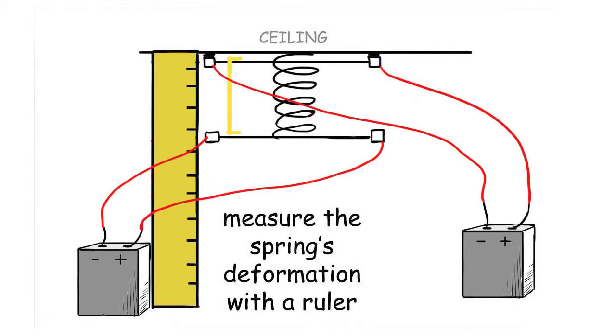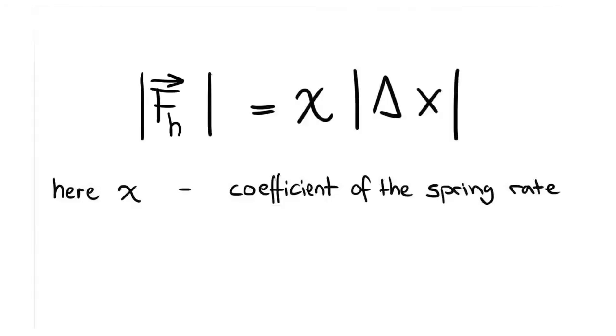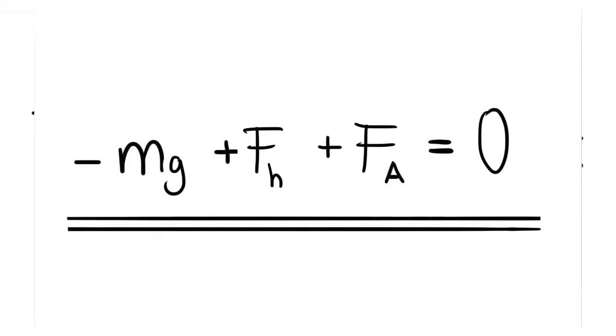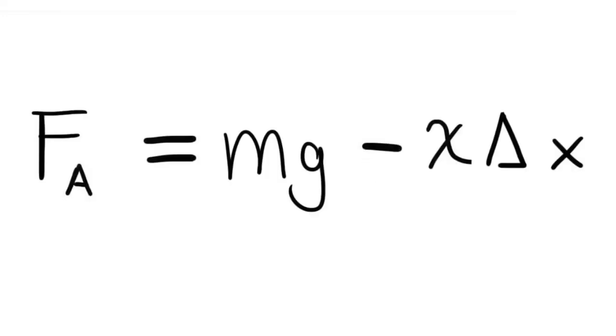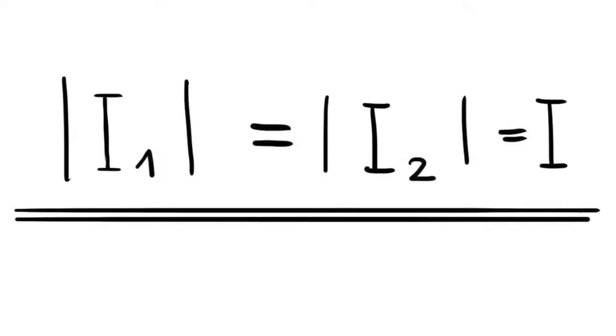The formula for the modulus of Hooke's force with spring deformation, here chi is the coefficient of the spring rate. Project onto axis OX the vector equation of equilibrium. Hence, it appears that the value of the modulus of Ampere's force obtained in the virtual experiment is: